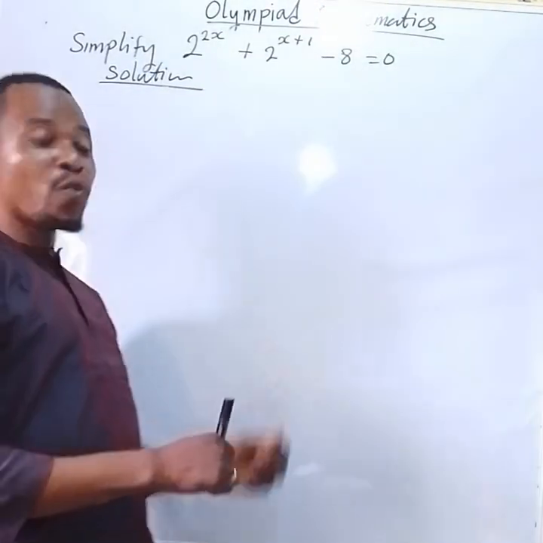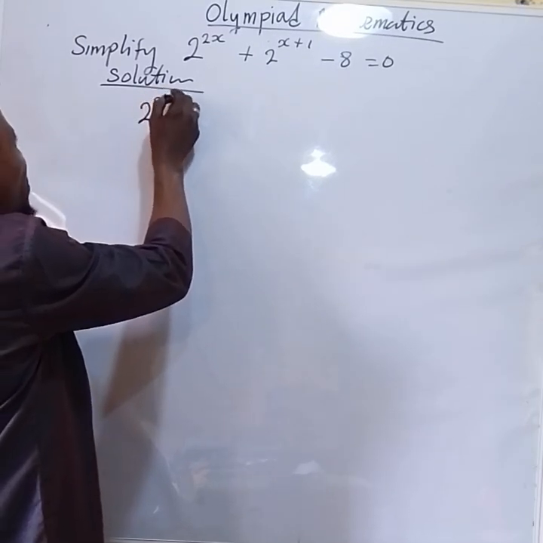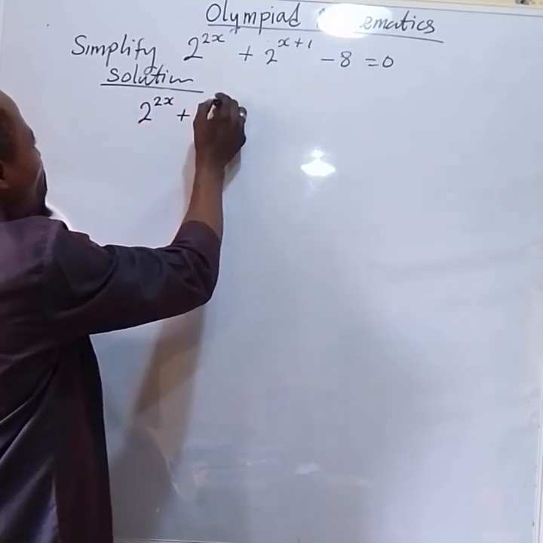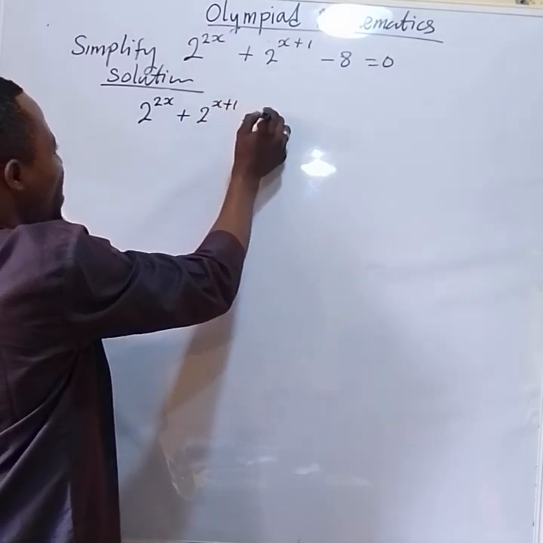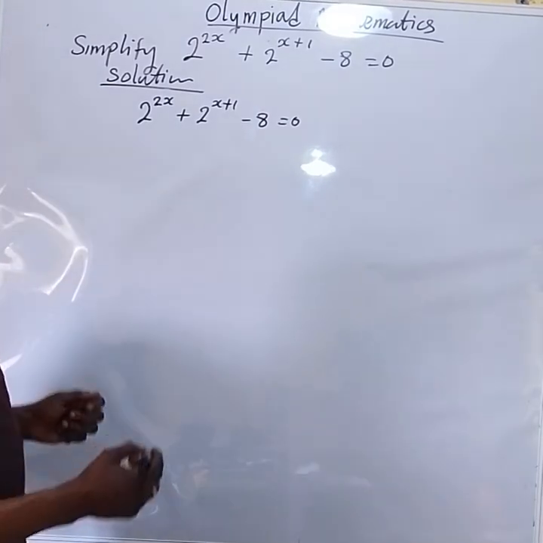Good day, everyone. Now let us solve this question: 2 raised to power 2x plus 2 raised to power x plus 1 minus 8 equals 0. So the first thing you are going to do now is you need to understand